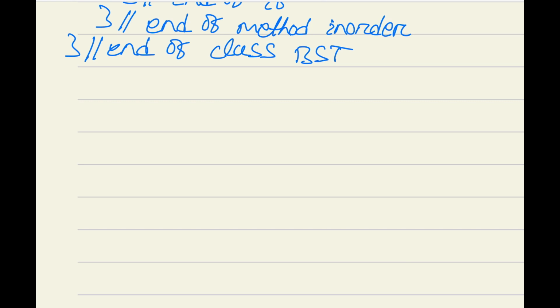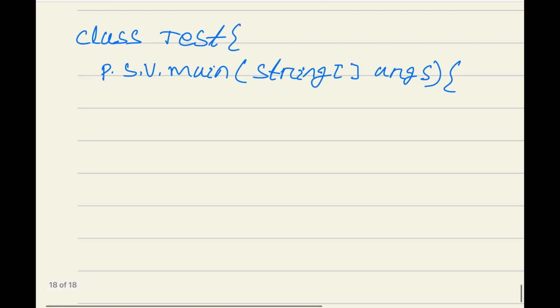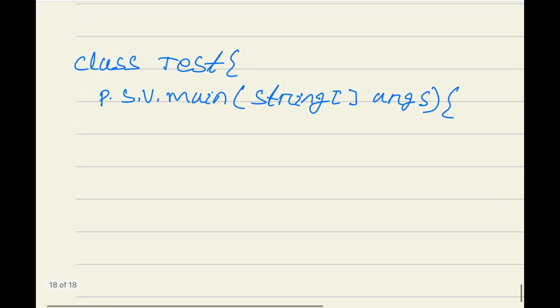So we can write another class, class Test, then public static void main, then write the String array args, then we can create an object of class BST. So inside main method we can write